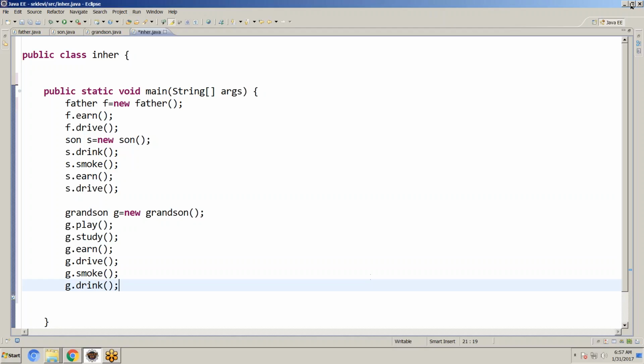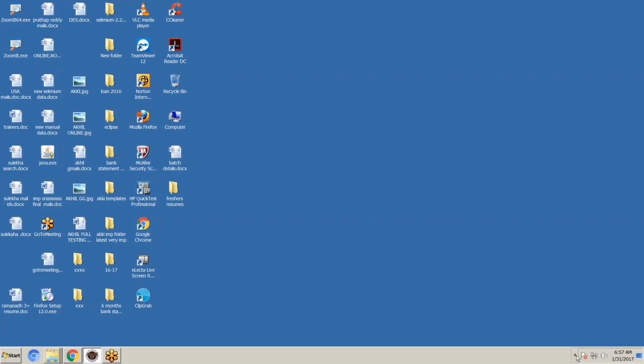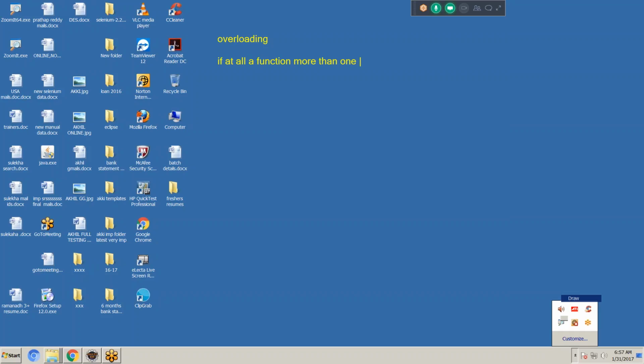Next concept we will discuss. The concept name is overloading. What is overloading? If at all we write a function more than one time in a class with different arguments,